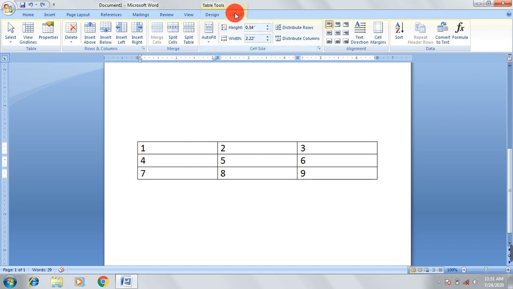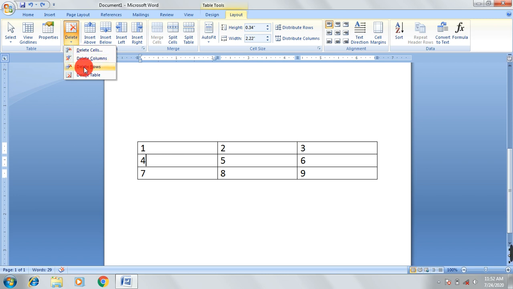After this, click on the Layout tab and there is your Delete option. Click here and you will find 4 options: delete cells, delete columns, delete rows and delete table. Here we have to delete the row, so we choose the third option, delete rows.